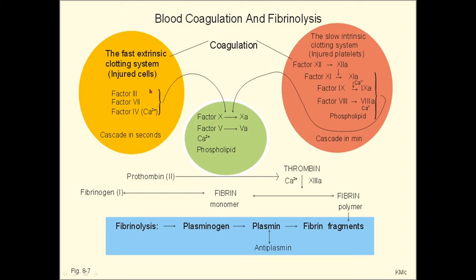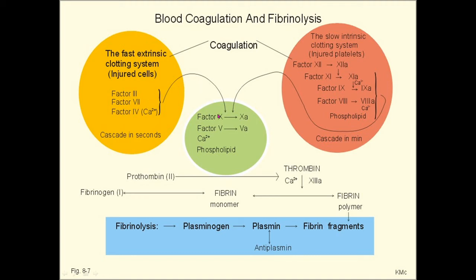fast extrinsic clotting system and intrinsic system. What are the differences between these two? The second and the third steps are similar. In the extrinsic clotting mechanism, factor 3 or the tissue thromboplastin, factor 7, and factor 4, that is calcium ion, are utilized, and after that when this factor 7 is activated,